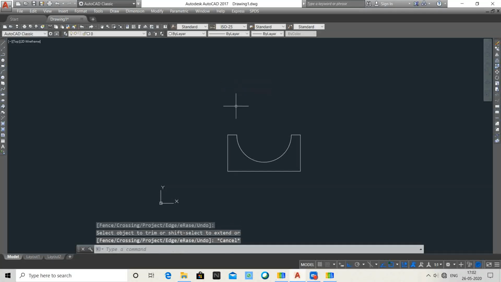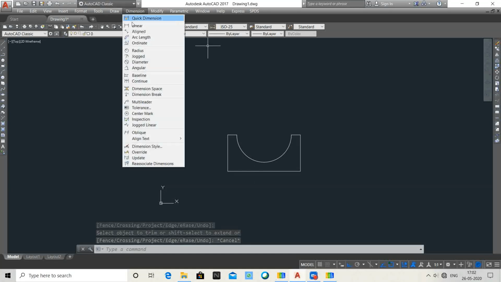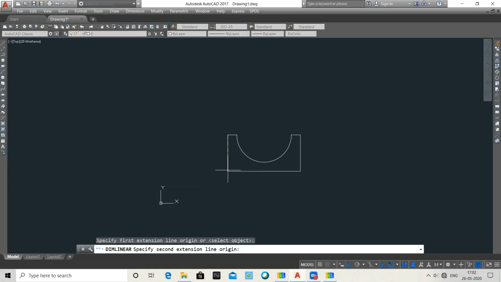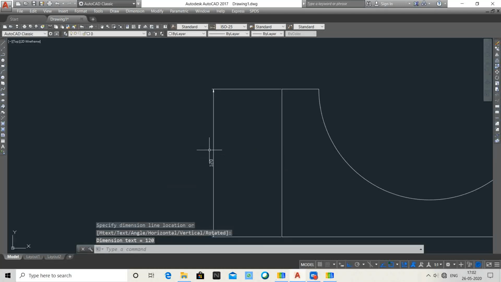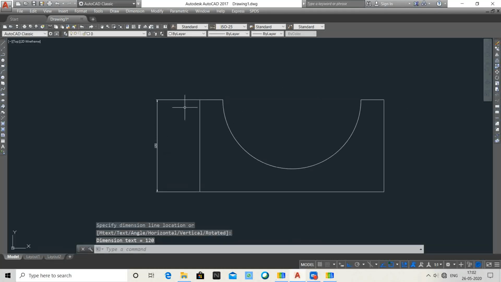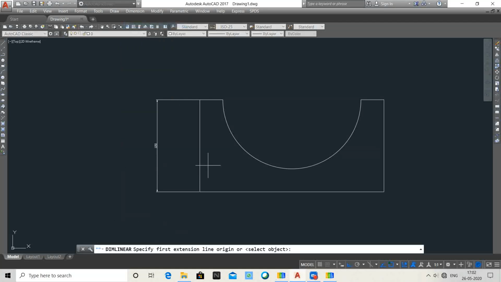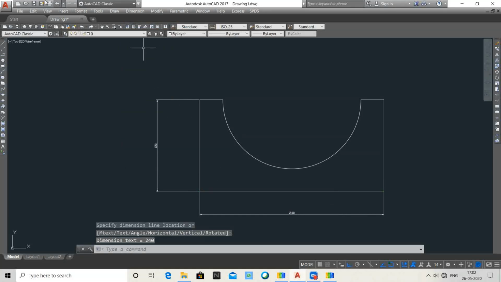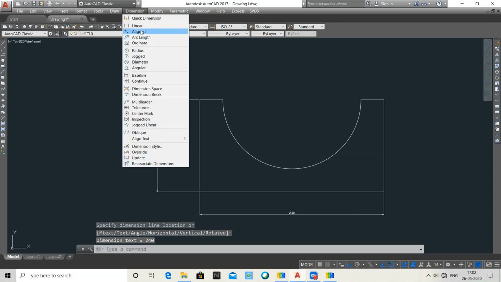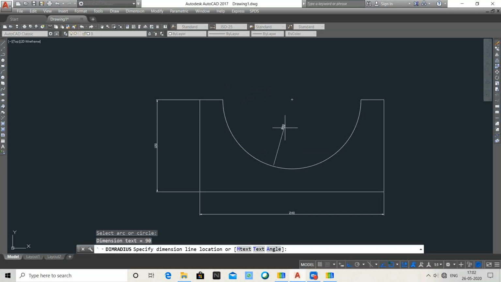Okay, now we have created this area region that will be shown in our question. Now we have seen the length and the width of our area, 120 into 240, and the radius of the semicircle is 90.